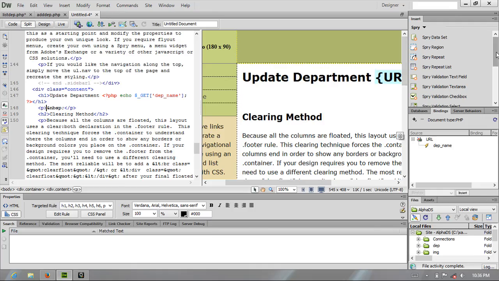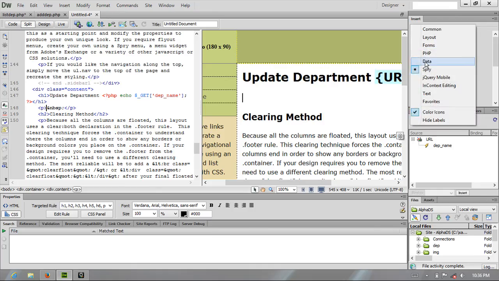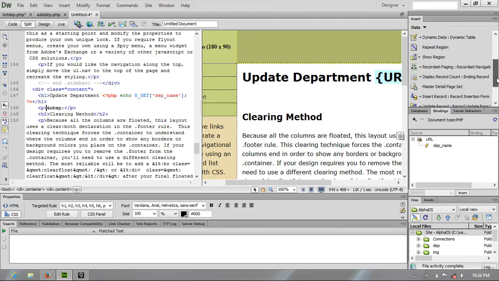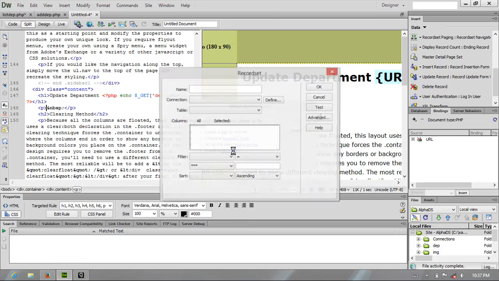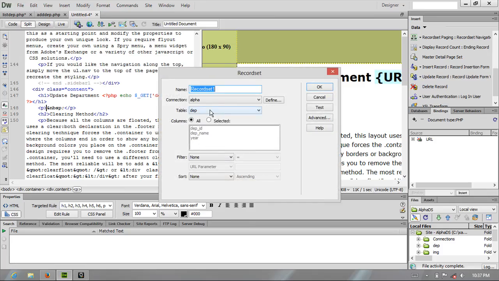And I'm going to go again to Data and click Update Record. We need to have some record set. Okay, and we update this department table, and I'm going to filter because it's the primary key. That's from the URL parameter. We are going to send this department ID from once have it